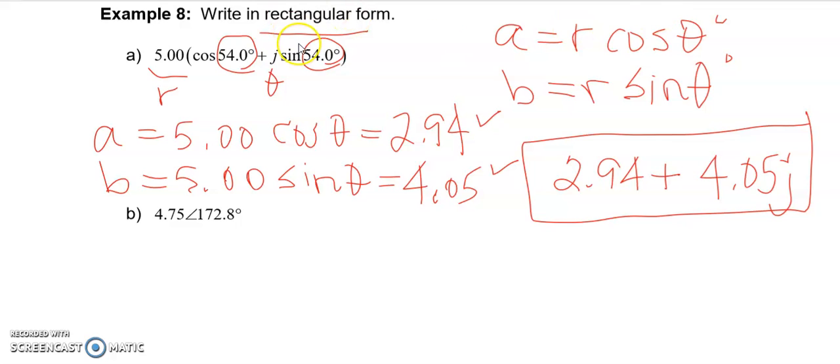And that's how you write from polar form back into rectangular. So I'll leave the other example for you to try, as well as the examples on page 15, and there's one on the top of page